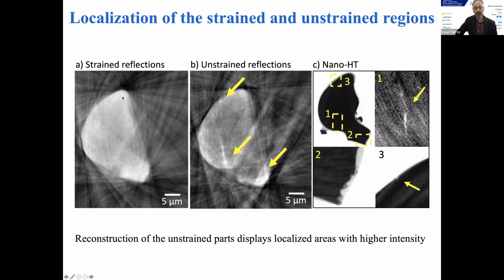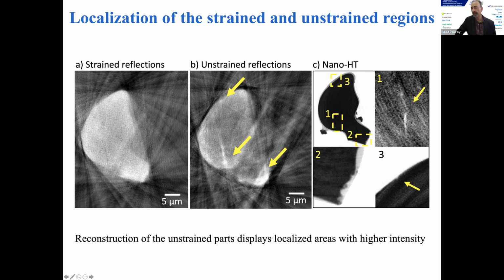So now if we take the strain, you can see that it is more or less coming from the entire slab. Okay, it's more or less constant. However, if you take the unstrained part of the diffraction peak and you reconstruct it, you can see that it is very anisotropic. It's coming from very specific areas, okay, as you can see here. And then what we did is we actually went back to the holotomography, and we could look at these areas that had, so to say, unstrained lattices. And it was very interesting to see that those areas, for example, here, if you see, we could see a